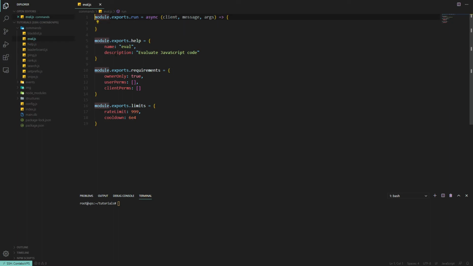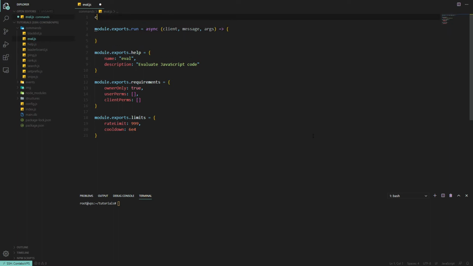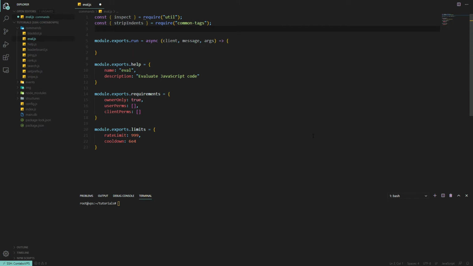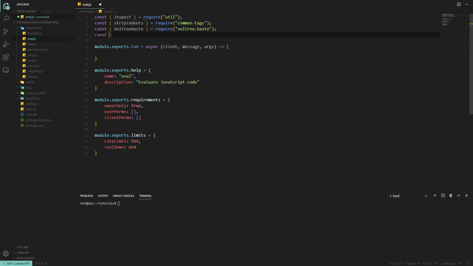Okay, now we want to import our packages. So first we want inspect from util, oh sorry, not TypeScript, require util. We want stripIndents from common-tags. We want VultrexHaste from vultrex.haste, and now we want to define a new instance of the haste. So new VultrexHaste,